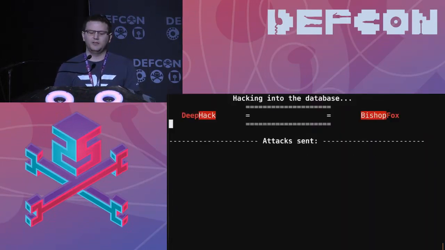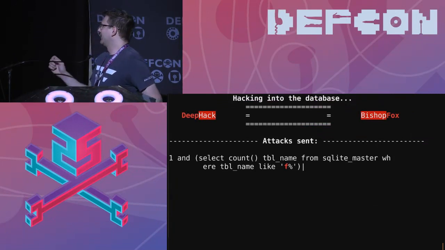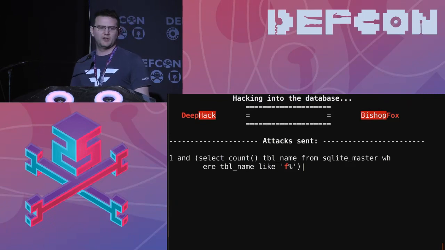So what you're seeing right here, I'm going to just pause this for a moment, is this sweet visualization. Hopefully you can read some of the text that we made. On the bottom part are the requests that are being made out to the remote server. So you can see that it's querying the database character by character, asking for information from it. And up on the top are the discovered strings, basically. That's the information that it's received from the remote endpoint.